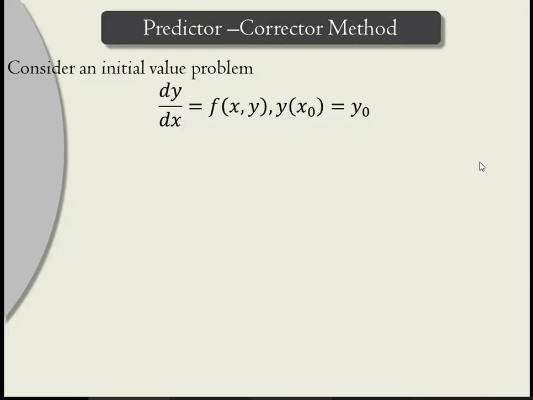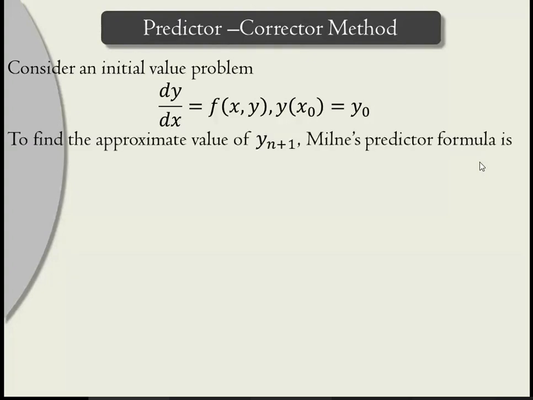Now what do we do in this method? Actually, by using one formula, we predict the value of y at a given point, and there is one more formula by which we can correct that value. Now, what are those formulas? Suppose we are given a differential equation, say dy by dx equal to f of x, y, with y of x naught equal to y naught. Then Milne's predictor formula is